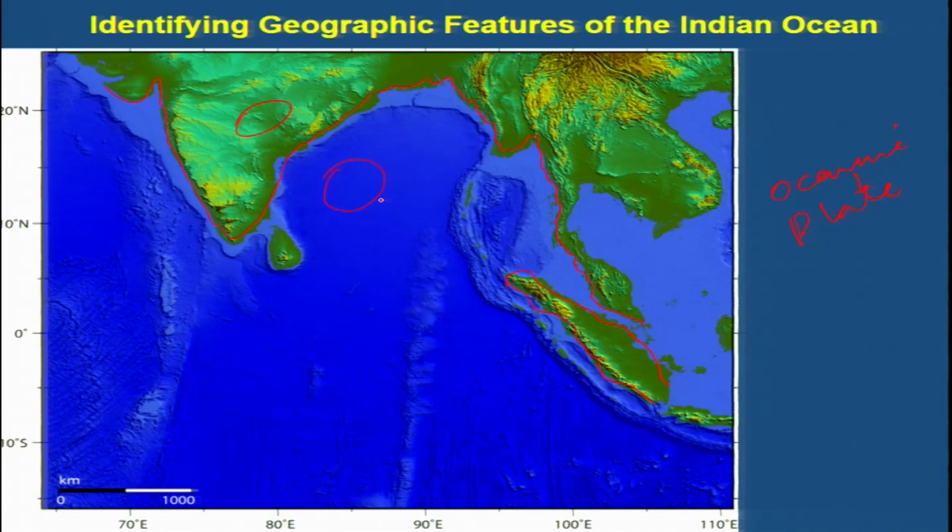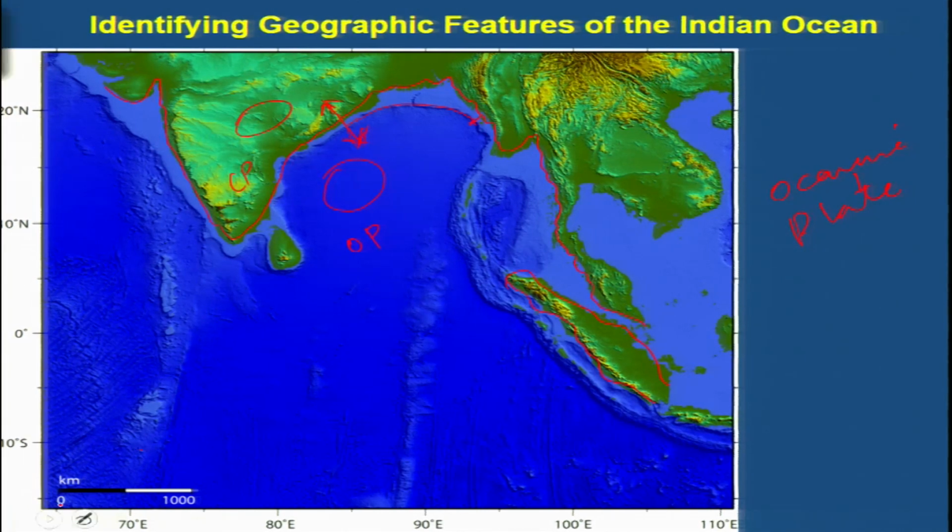So this is the continental plate, this is the oceanic plate, but there is no break between these two, because the land which is exposed above the sea level, those are the continental landmass or the continental plate, and the land which is below the sea level, that is the oceanic plate. This is the continental plate. Okay. Similarly, there is no break up to this point, but this,